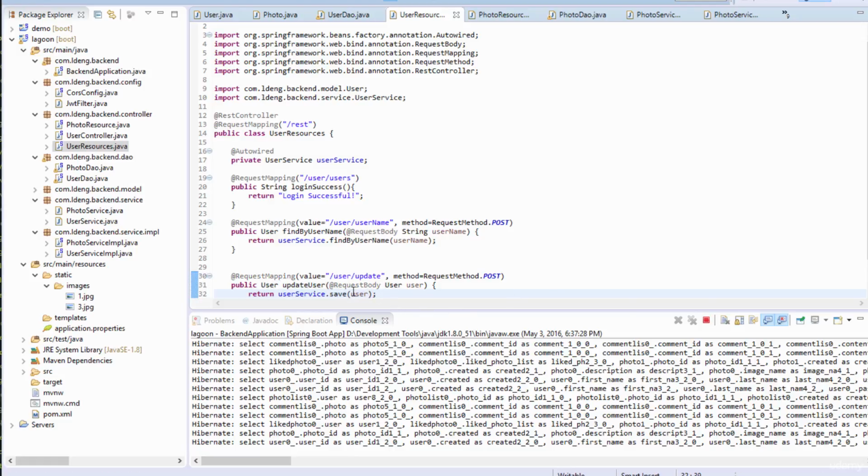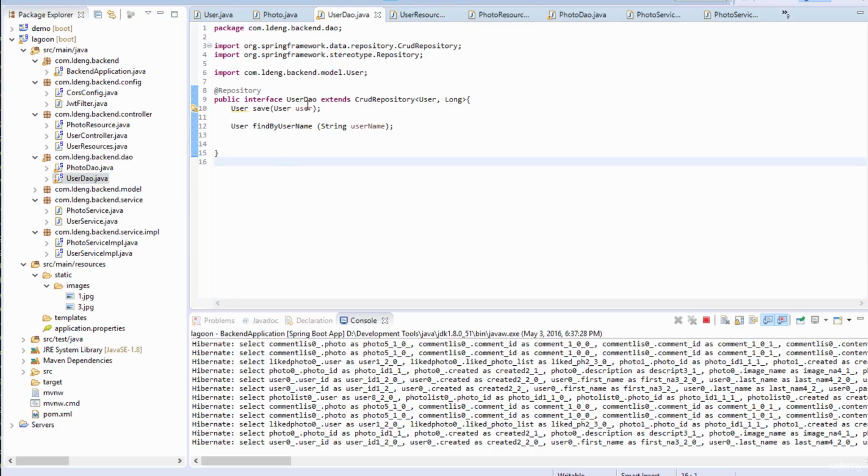So this save command is coming from the save command here. Okay, so basically Spring will help us to look at the database, and if Spring finds the ID of this user already exists, then it will not create a new one, but instead modify, update the information of that record. Okay,